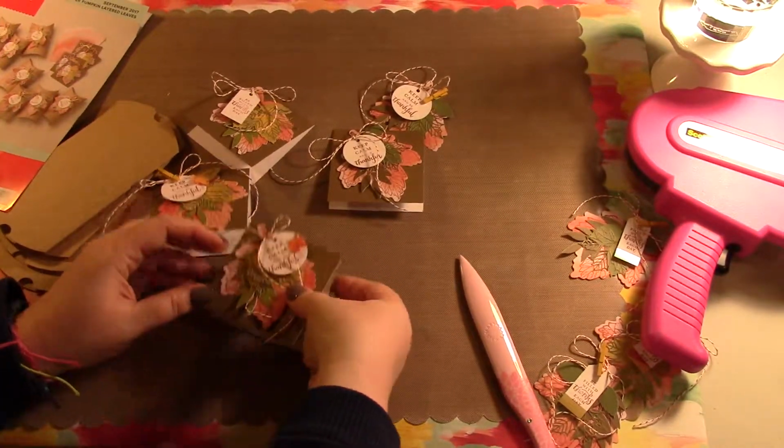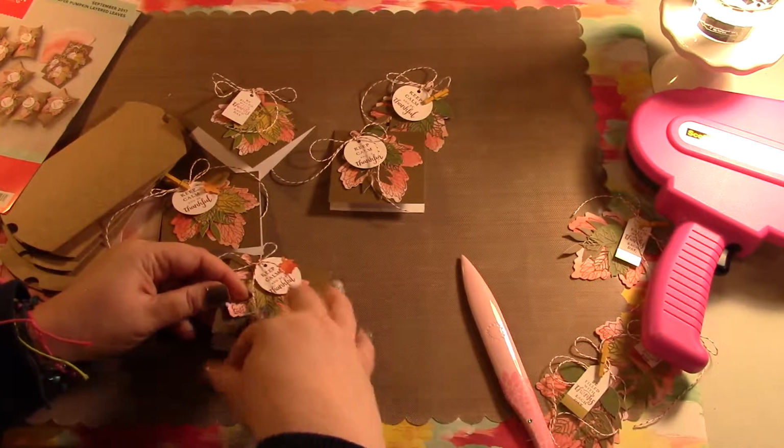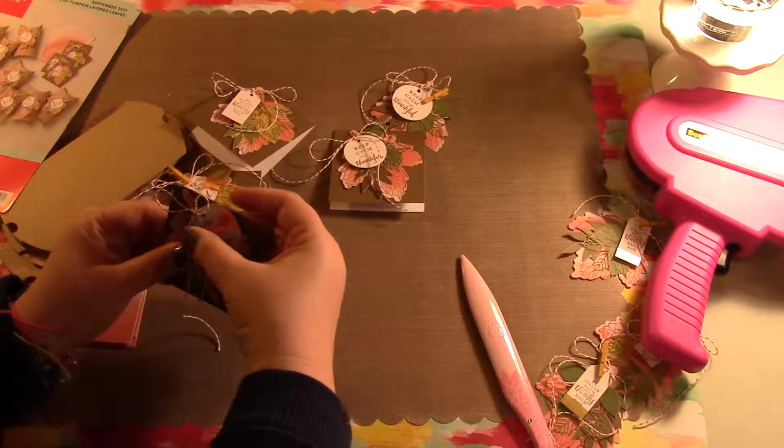Oh, see, this is a craft gone wrong. Oh no, I think I can get it out. There we go. Anyway,